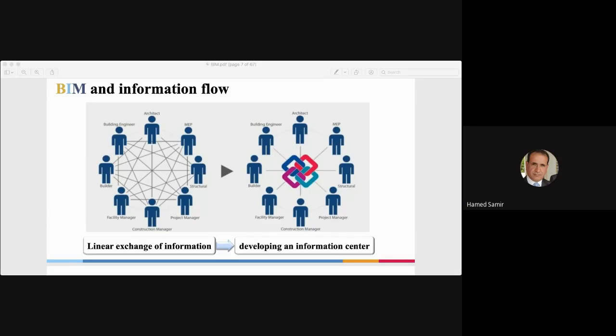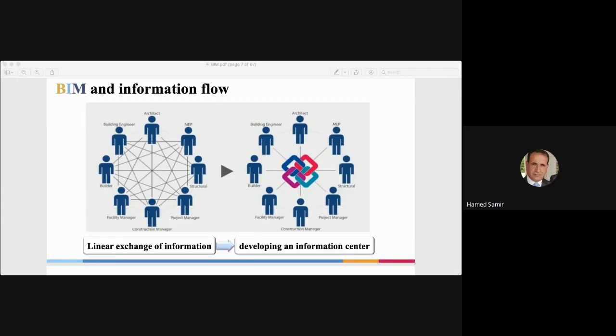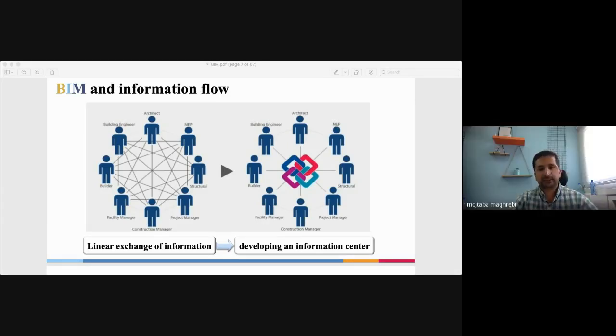You mean Dr. Riyad Al-Asadi? No, the rest of the participants. Can you tell me whether they are from civil engineering backgrounds or are most of them architects? Most of them are architects. Yeah.